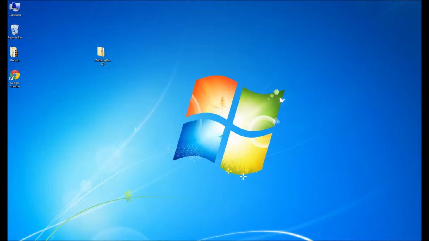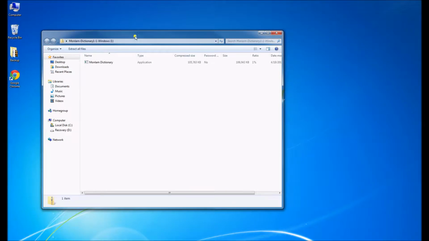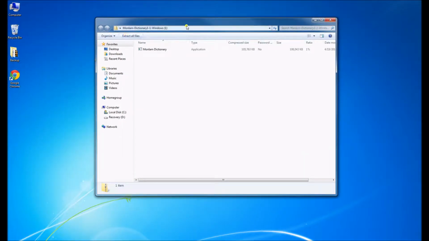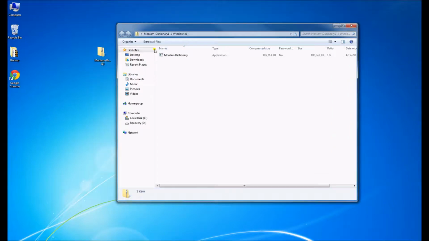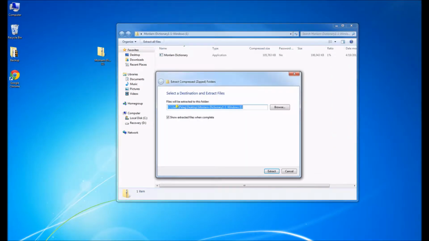So double click on it, and once you double click on it, this window will pop up, and there's a file here. And it says extract all files. So you would click this link right here, and it'll tell you that this is the path where this file will be extracted. Just go with the default setting, and make sure this is also checked so that you can see where it's saved. And after that, just click extract,